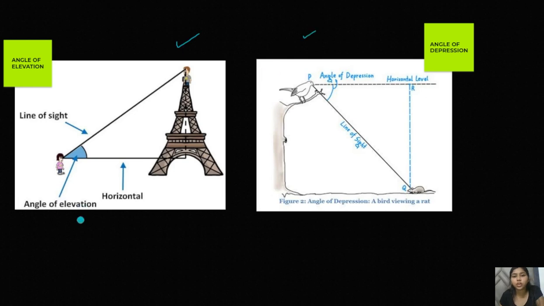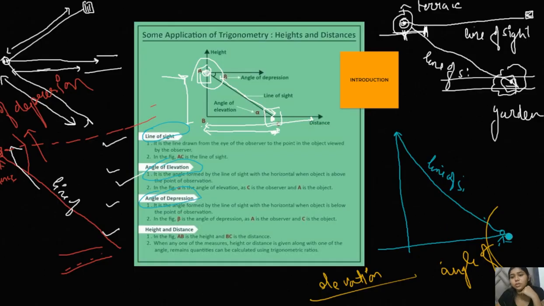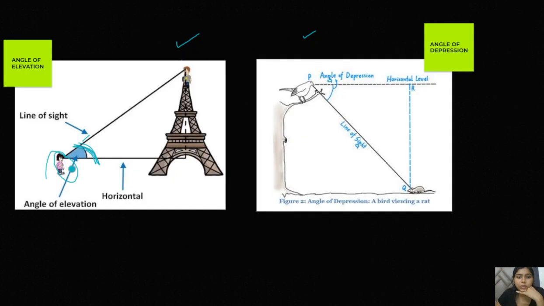Moving ahead, I have also tried to represent these with the help of certain pictures to make you remember. So this is the person who is present on the ground. They are looking at a height, basically looking above. In that case, that will be the angle of elevation: when the person is present downwards and something is present above their eyes. This is the object they are looking at. In that case, the angle formed between the line of sight and the horizontal is the angle of elevation.